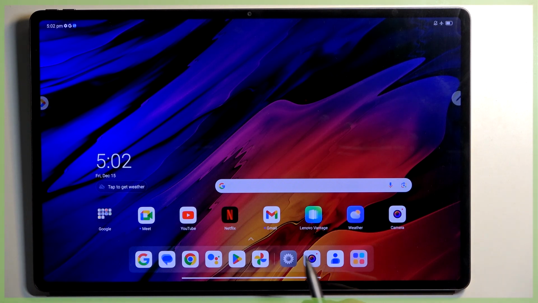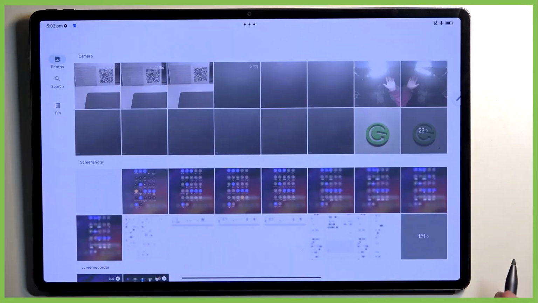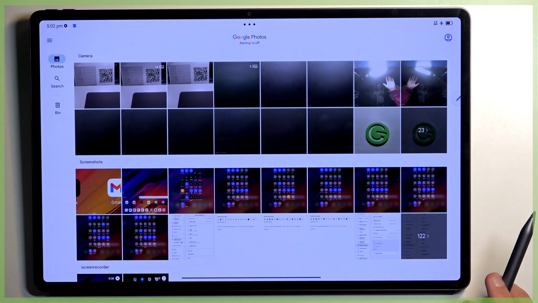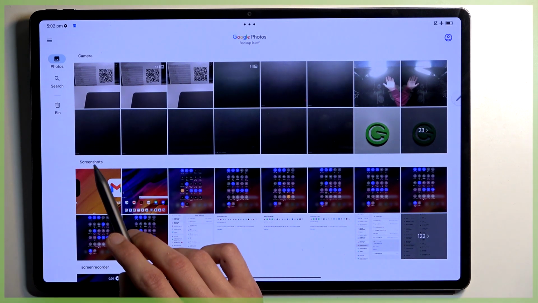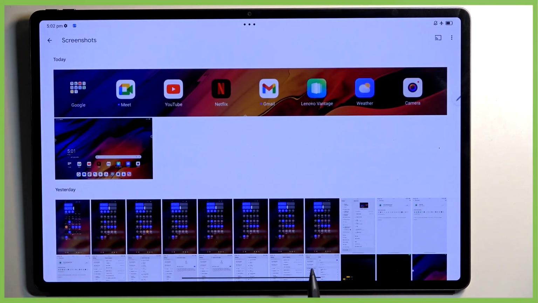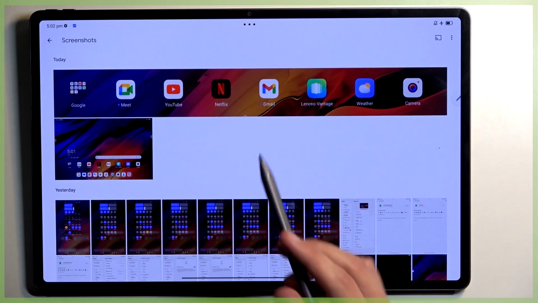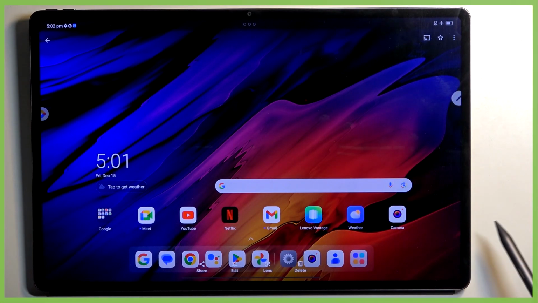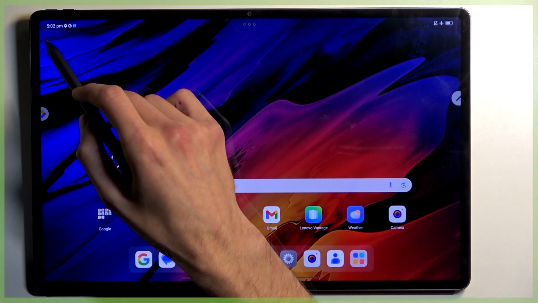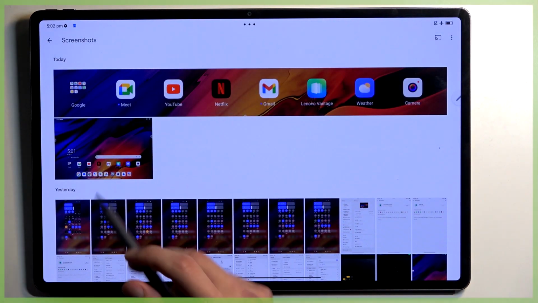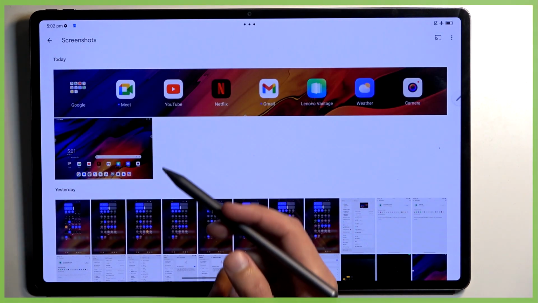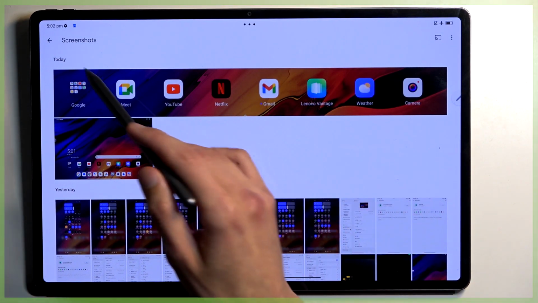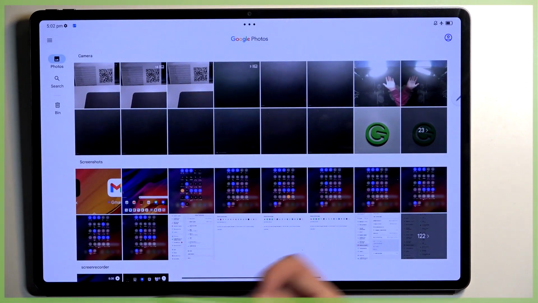Now, once you want to view the screenshots that I've captured, you can navigate to your Photos application and they will be visible under an album called Screenshots right over here. And as you can see, there's the screenshot 1 or 2 and screenshot 1. Now, as you can also see, it is in a folder album called the Screenshots, but I'm not sure why